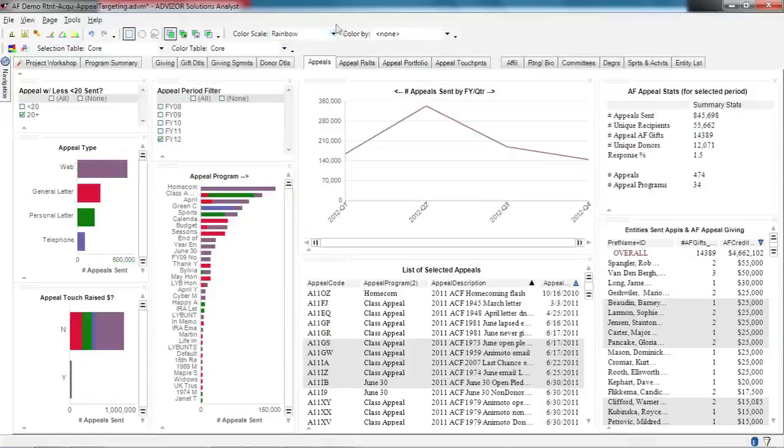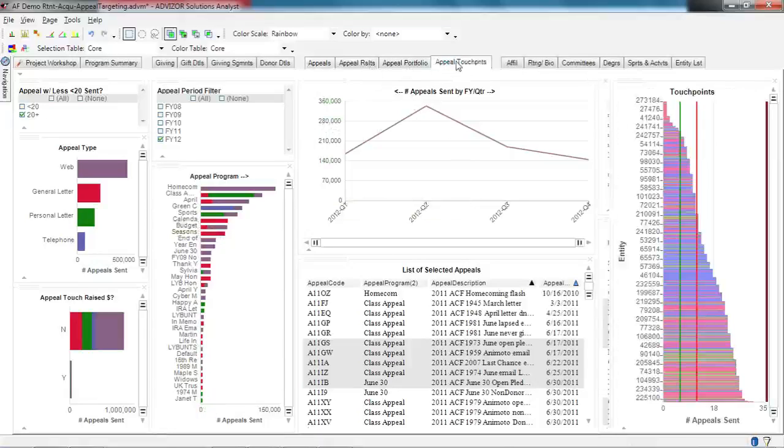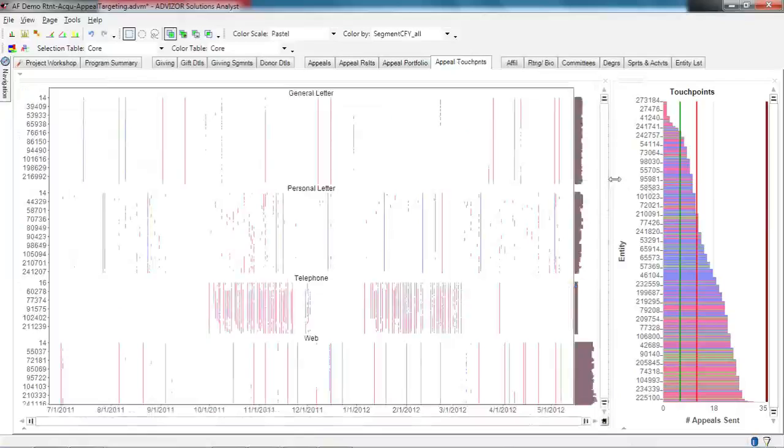So now I can see that this page is being colored by the appeal type. So web is purple, general letter, personalized letters, green, telephones, blue. I can go here to this other page, the touch points,